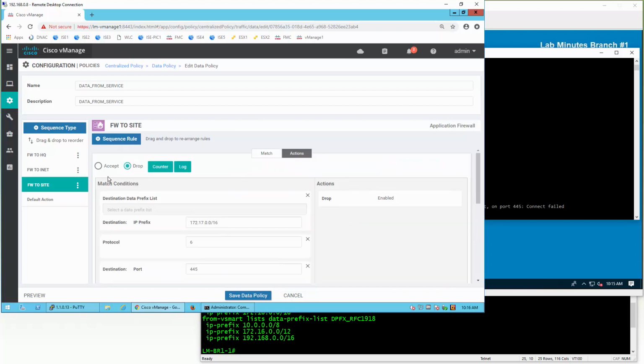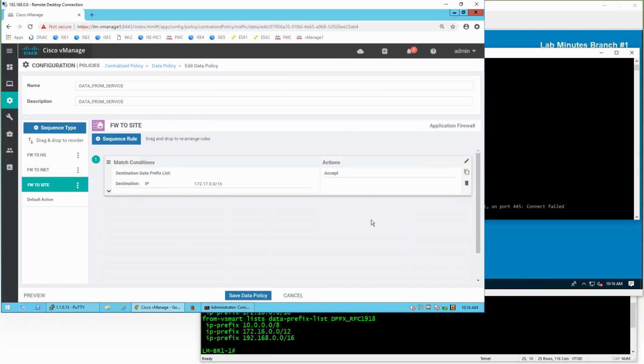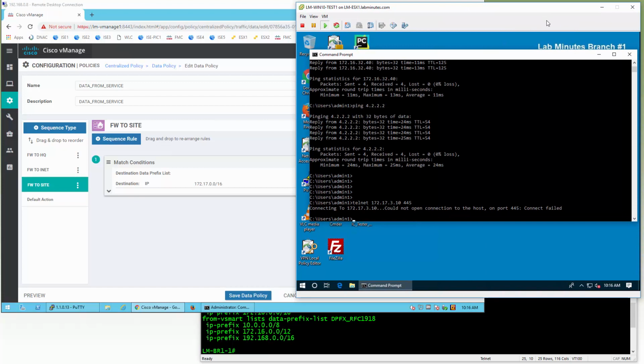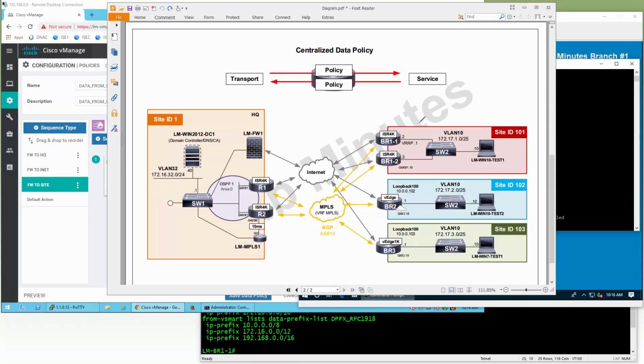Okay, don't forget to switch the action to accept and click add. Right, so that would take care of, again, I need my diagram back, clean this up. Let's say when the Windows 10 test 1 I think we're trying to talk to Win 7 test 1 at site 103. So that only takes care of the outbound traffic or initiated traffic, because we are applying from service